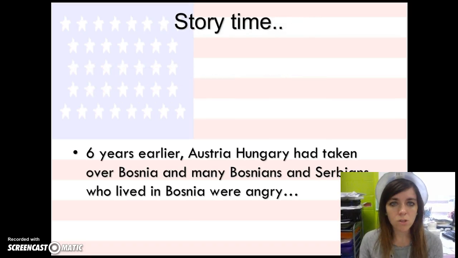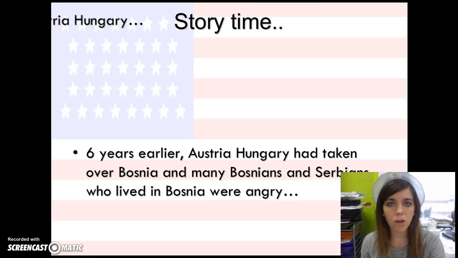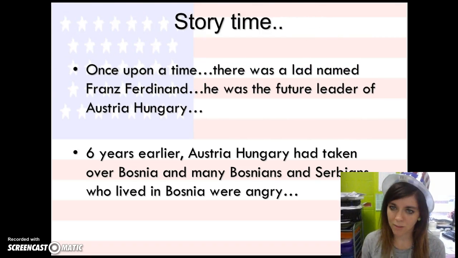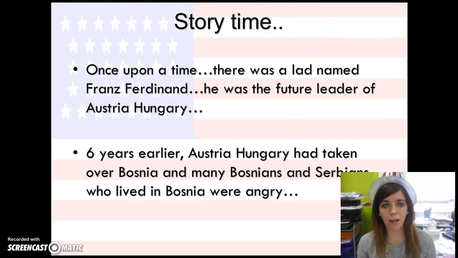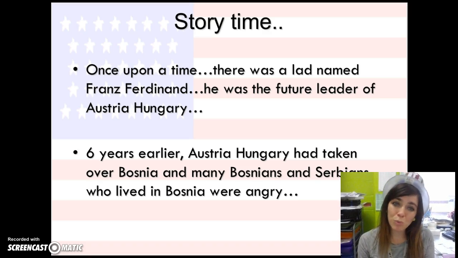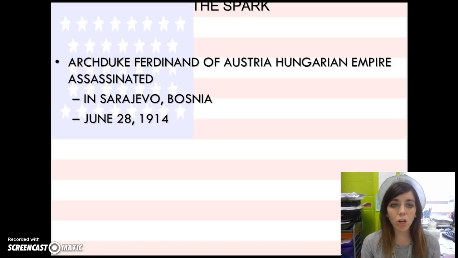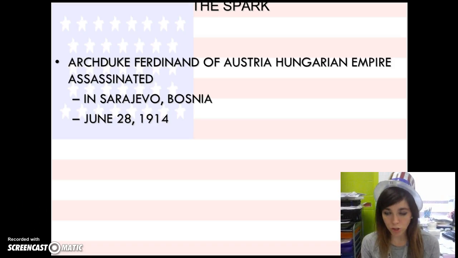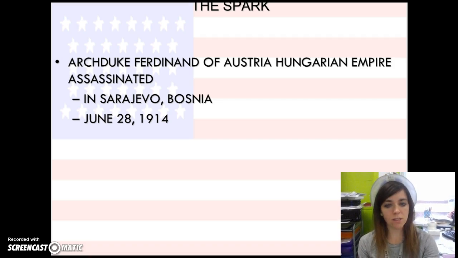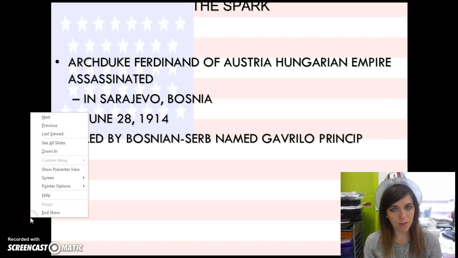So, story time. Once upon a time, there was a lad named Franz Ferdinand, and he was the future leader of Austria-Hungary. Well, 6 years prior to this, Austria-Hungary had taken over Bosnia, and many Bosnians and Serbians who lived in Bosnia were angry. So the Archduke of Austria-Hungary visits Bosnia, and while he's there, a Serbian kills him, and the guy's name is